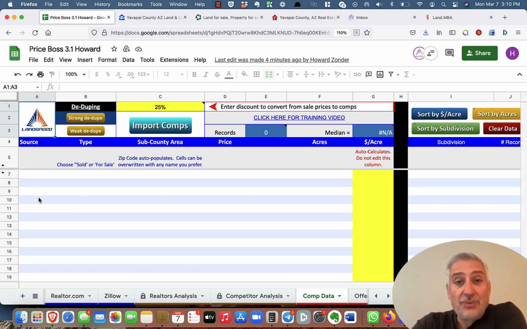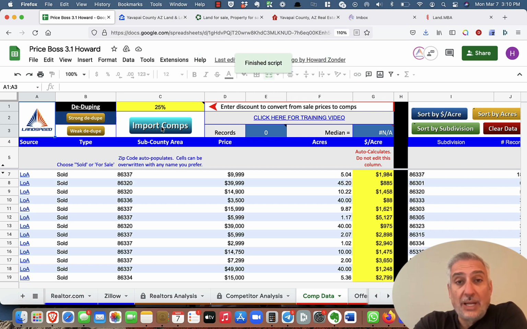So in the case of Yavapai, we do have addresses. So I'm going to use strong dedupe, and I'm just going to click on import comps, and it's going to import all of them from Zillow, Realtor, and Lands of America. All right, it brought in 678 comps with a median price of